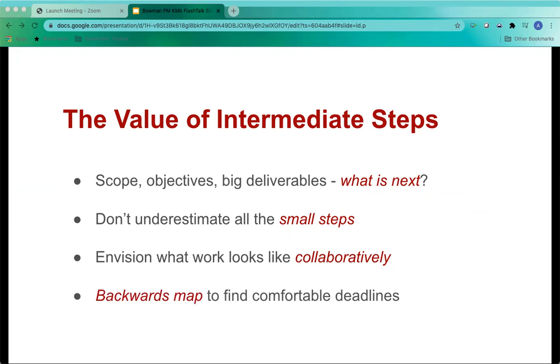All right, so now once you have all these details and people captured, use a process called backwards mapping to build backwards chronologically from the date you promised all this good stuff to find when you should realistically and comfortably start the work. Spoiler alert, it's probably sooner than you think, but doing so is going to lead to less stressful steps throughout. And to be safe, I'd say build in another 10 to 15% time on each of these steps to have a little wiggle room for the inevitable hiccup.